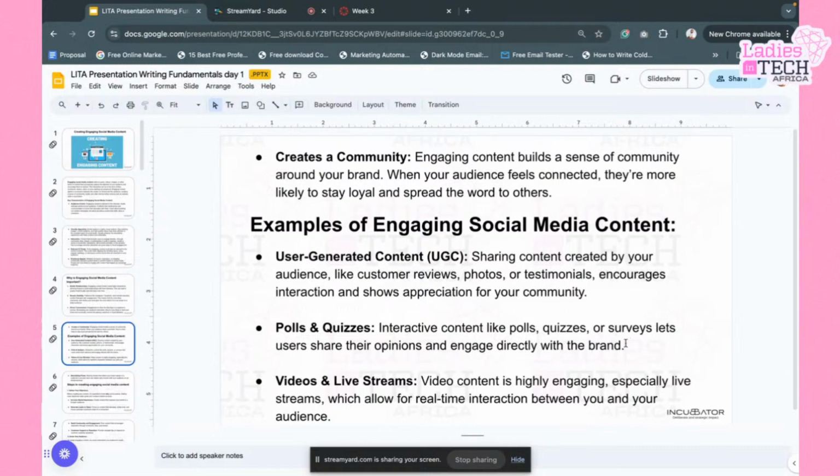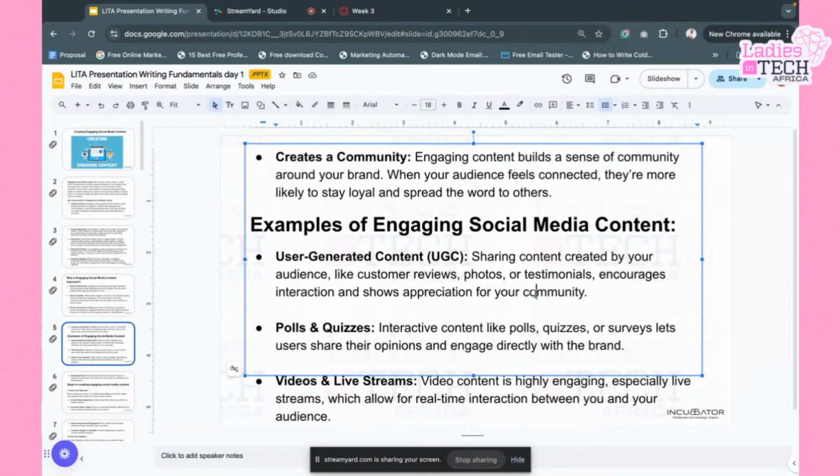As a fashion brand, let's say you are a male fashion designer, you can interact with your community. You can run polls, you can run certain forms of quizzes, you can ask questions like how well do you rock your agbada, which cap do you use? Now these are interactive questions. You can share pictures of people wearing outfits in different ways, and you get people to share their opinion on how well they have worn them. They can share images. You are building interaction with your community using quizzes, which helps to build engagement